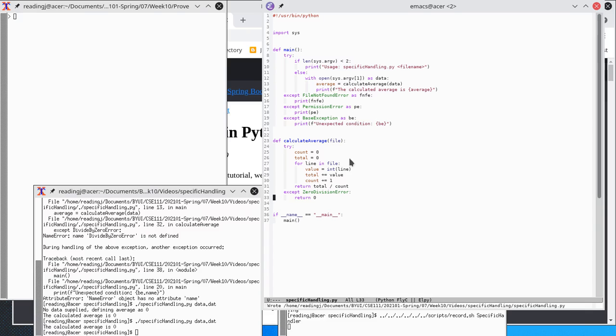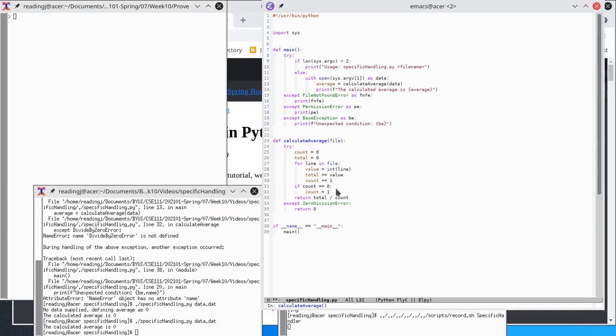But in this function, I know what division by 0 means. It's because count was equal to 0. And in fact, setting up the try except block is faster than checking to see if count is 0. Because I could just say if count equals 0, make count equal to 1, and then this step would execute without causing an error.